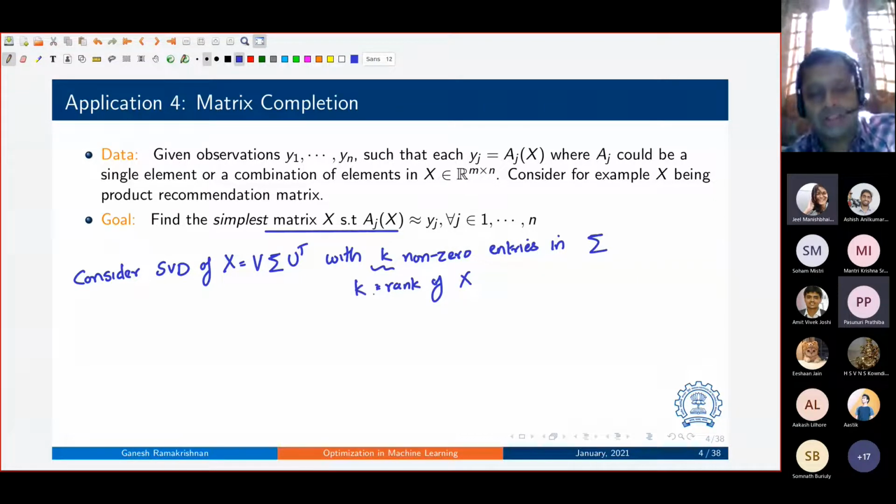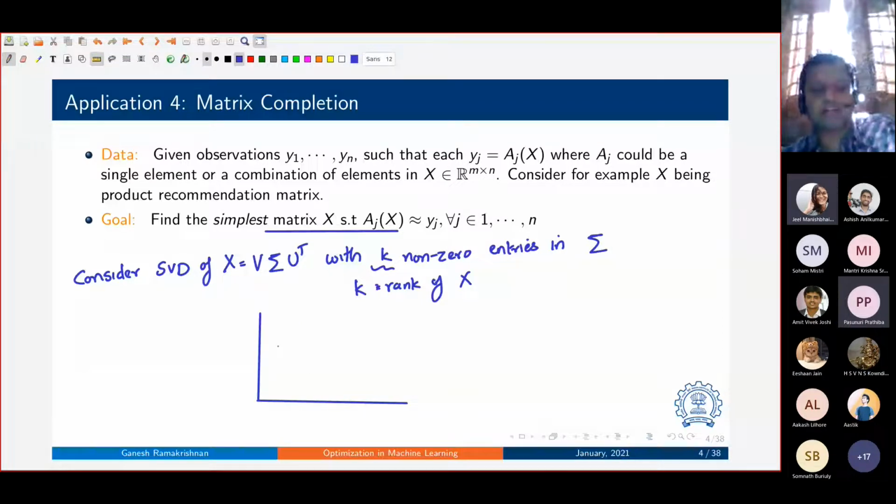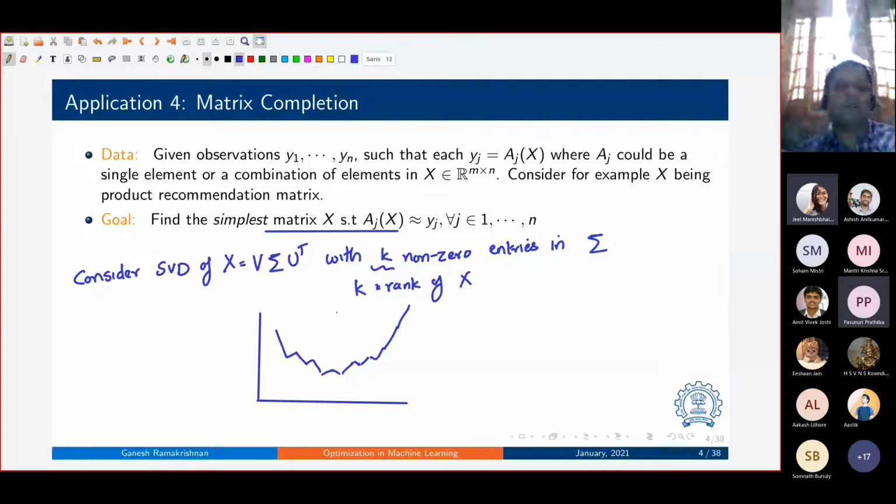Okay, so now how does the plot of K itself look like? If I were to plot the rank of a matrix, the rank of a matrix would behave like this, let's say with respect to increasing dimensions of the matrix, or the coordinates of the matrix rather. So this is how the rank of the matrix would behave.